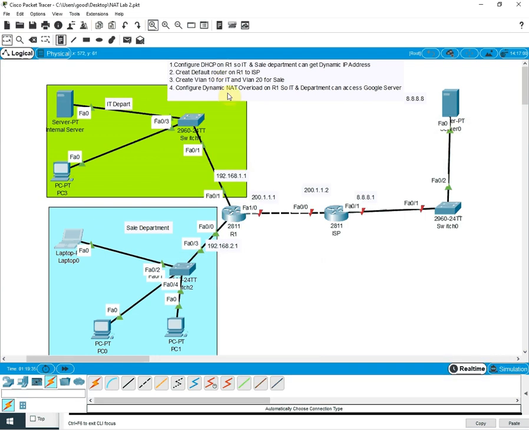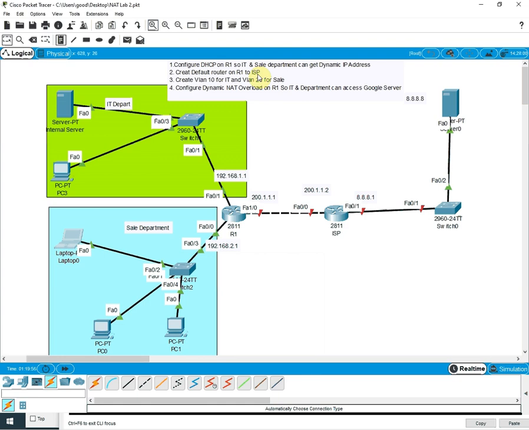Whatever they are asking, we are doing that one, and we discover that we have done inter VLAN. Okay, did you understand? Whatever is asked in the question, we are following step by step. So with that step, we discover that we done inter VLAN by the traditional method.